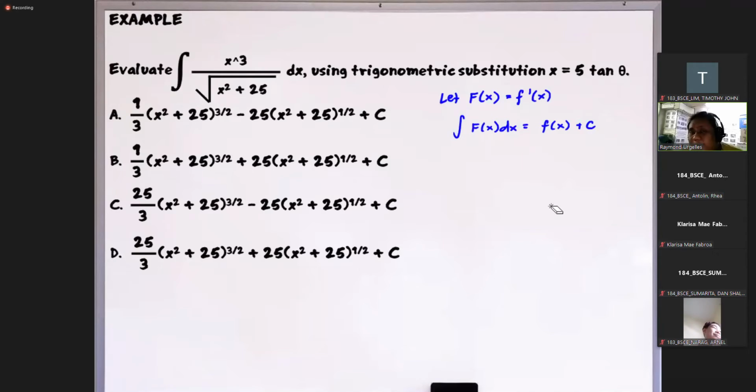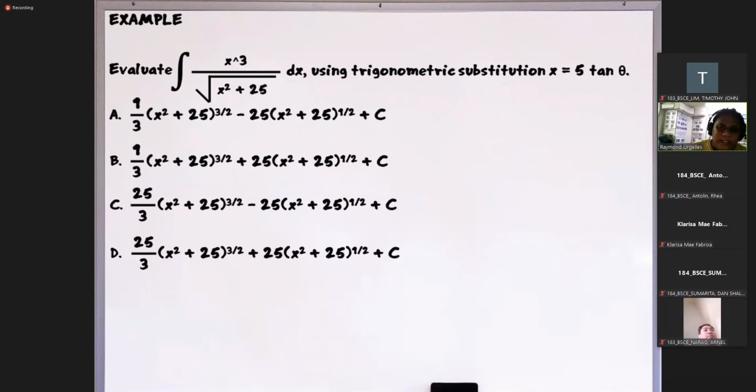Kabaliktaran lang siya ng derivative. So pag alam natin na isang expression is the derivative of some function, so if we get the integral of that, diba? Then that will be the original function. No, so again, that is the concept natin pagdating sa integral. Diba? So kaya basically dito, baliktad. Kumbaga pag nakita natin yung form, diba? Dun sa derivative natin, kailangan nating malaman anong function yung i-derivative natin para magkaroon ka ng ganung form.